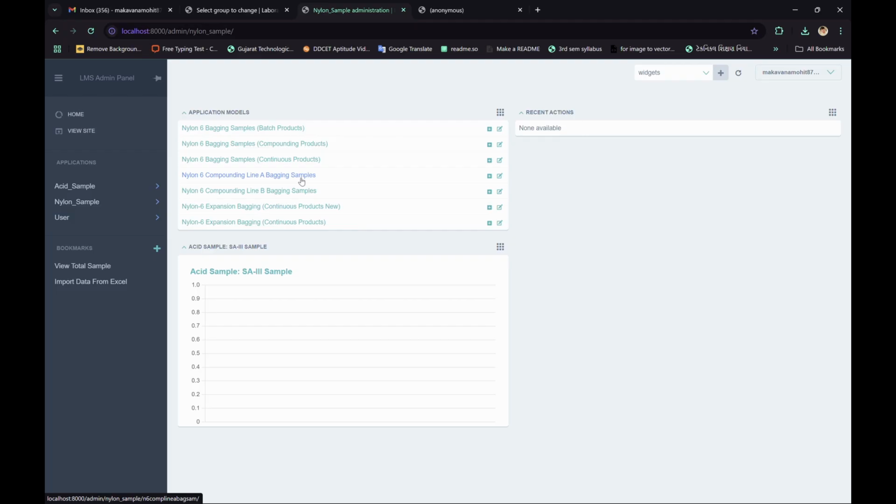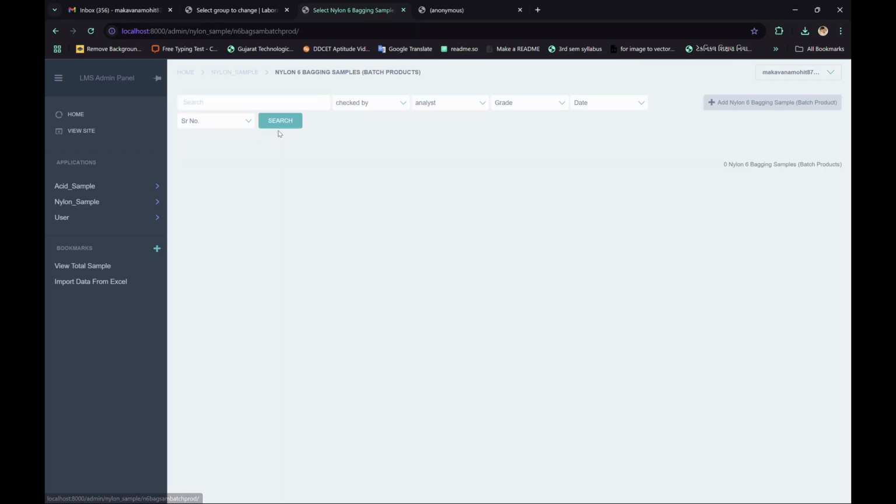In your Excel file these two tables are combined in one worksheet, but I think this way is more structured, so I separated this and created two different tables or two different models, one for line A bagging sample and one for line B bagging sample. Now here are all the tables. Now let's click on any one, let's say batch products,